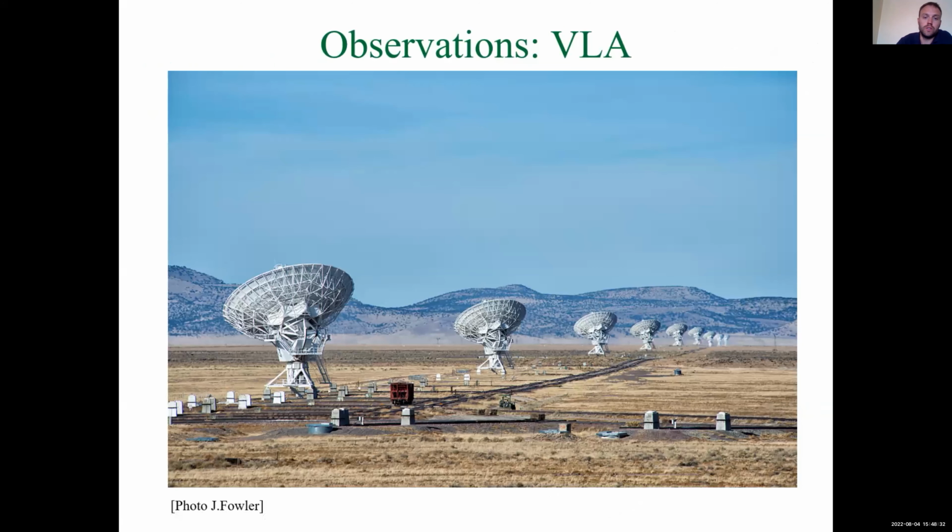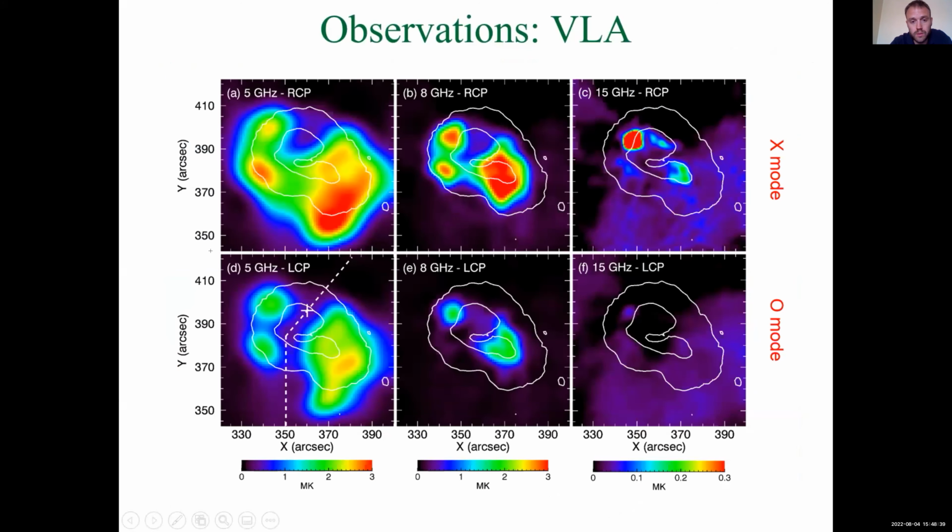The radio observations were performed by the Very Large Array in the United States, the VLA, and these are the observations that I used in my research for the analysis. So the same sunspot, the contours of the umbra and penumbra are shown here in white, was observed in 3 frequencies, 5, 8, and 15 gigahertz, and in 2 polarizations. And in this case, the right circular polarization would correspond to the X mode, and left circular polarization would correspond to the O mode. And if we look at these observations,